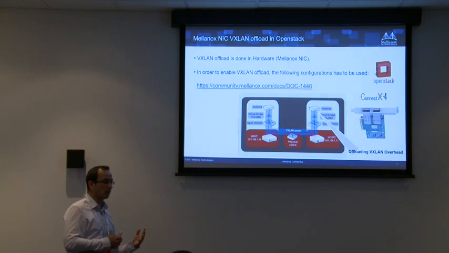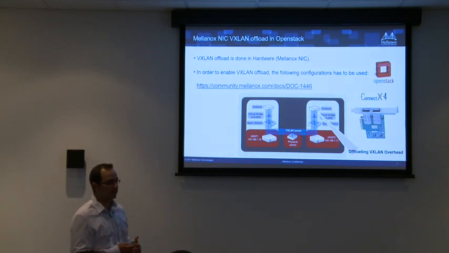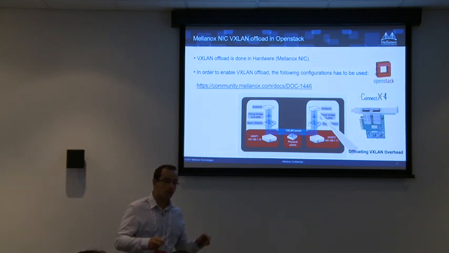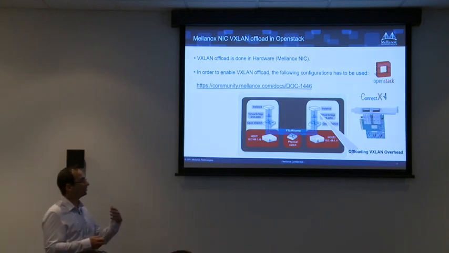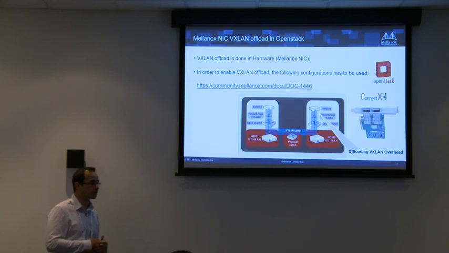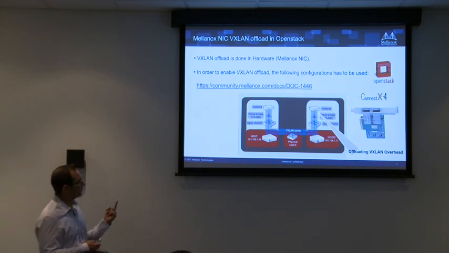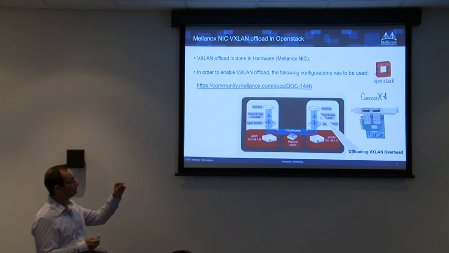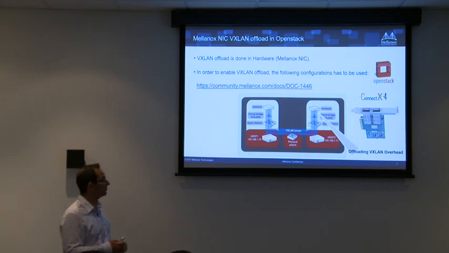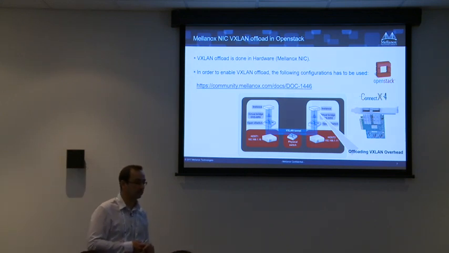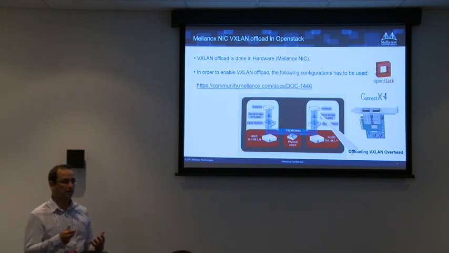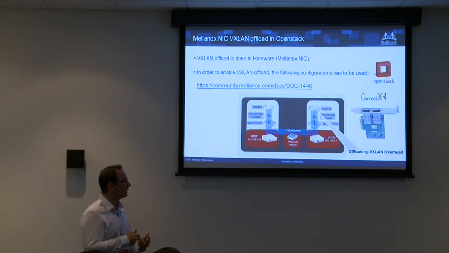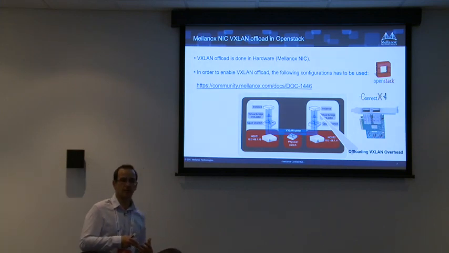All our offloads, by the way, and accelerations that we are providing on our NIC cards, they are coming for free. It means that basically it's coming inbox in all the projects of OpenStack. Specifically for the VXLAN offload, you need to actually open a flag in our driver, and you have a community that can do it. There are other features that we are offering as offloads, for example, RDMA, SR-IOV, and others. ISER, which is iSCSI over RDMA.